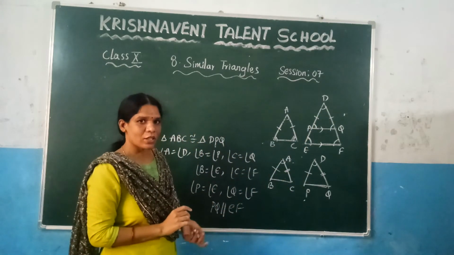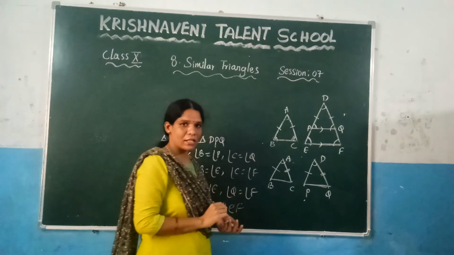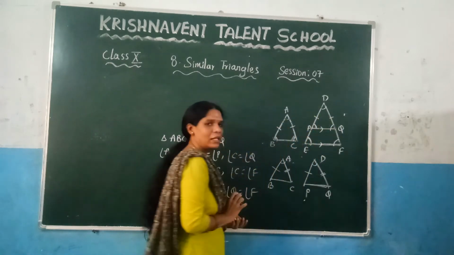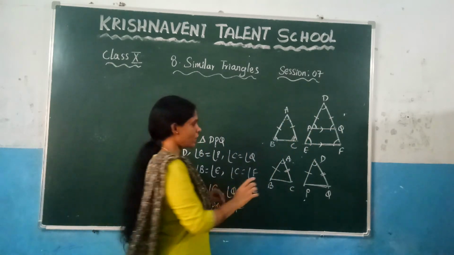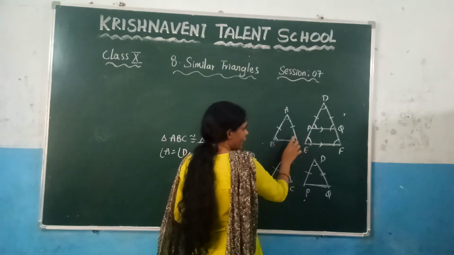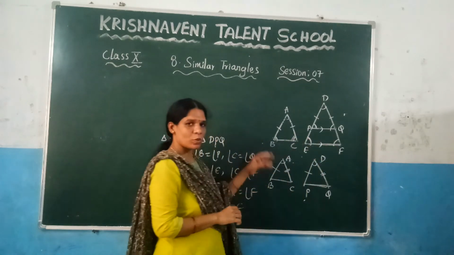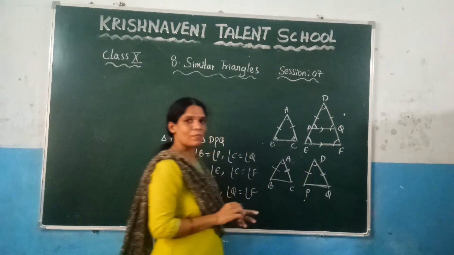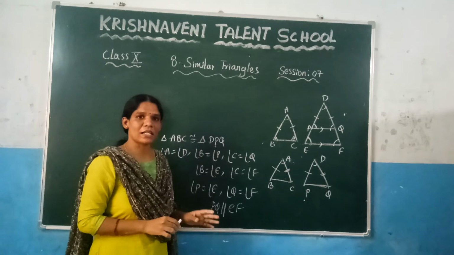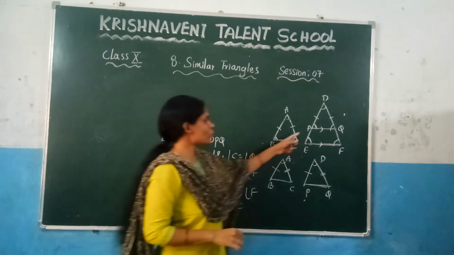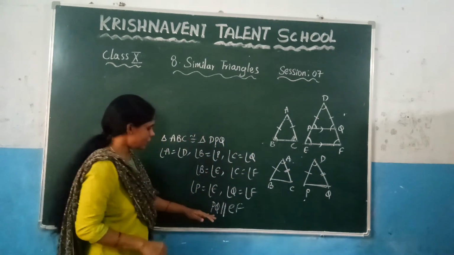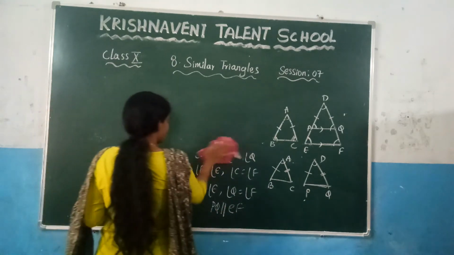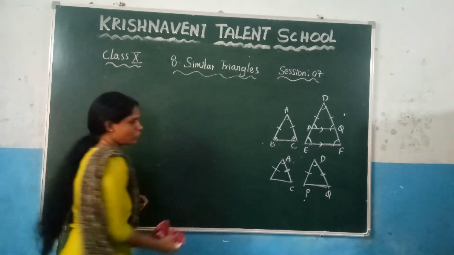If these two triangles are congruent, and you know that their angles are equal, so you get angle B is equal to angle P, angle C is equal to angle Q. But in the question itself they have given angle B is equal to angle E and angle C is equal to angle F. From those equations we got that these two angles are equal and these two angles are equal. And you know that if the corresponding angles are equal, you can say that those two lines are parallel. So you got PQ is parallel to EF.